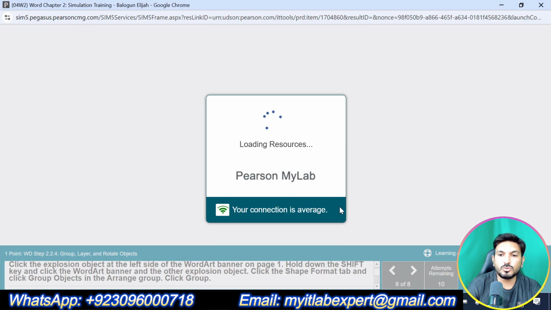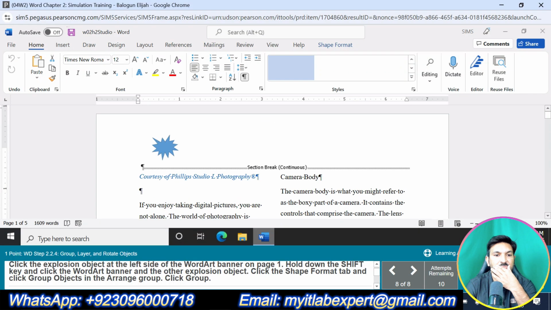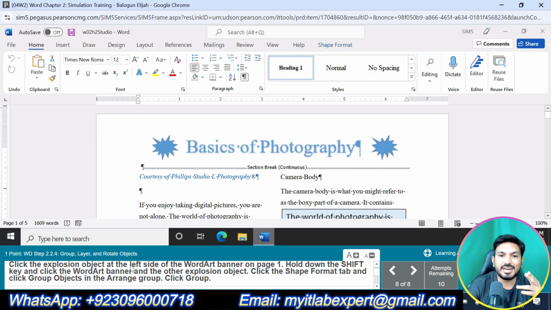So now let me do the last question, that is question number 8. Click the explosion object at the left side of the WordArt banner. Hold down the Shift button, and select the WordArt and select this shape. Okay.